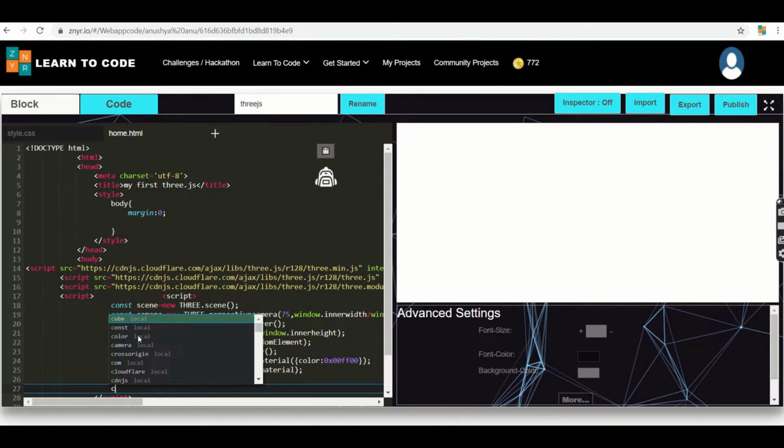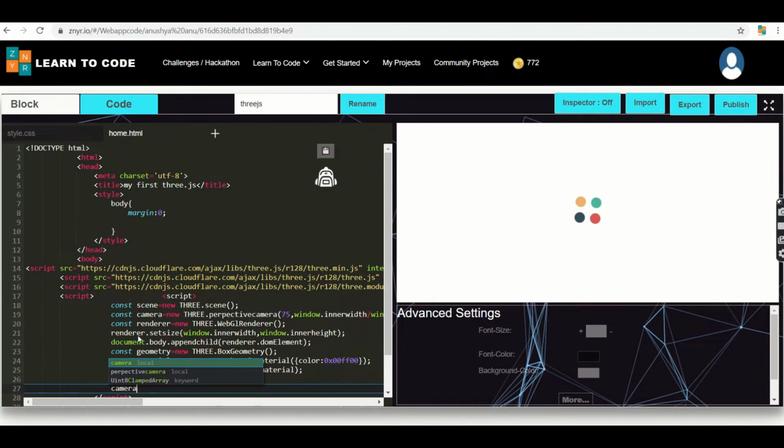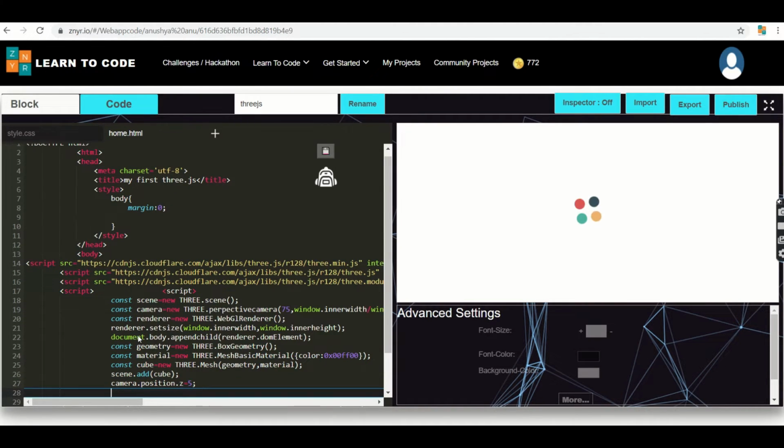So next I need to choose a position. For this I'm using camera.position.z equal to 5, and next it needs to rotate.